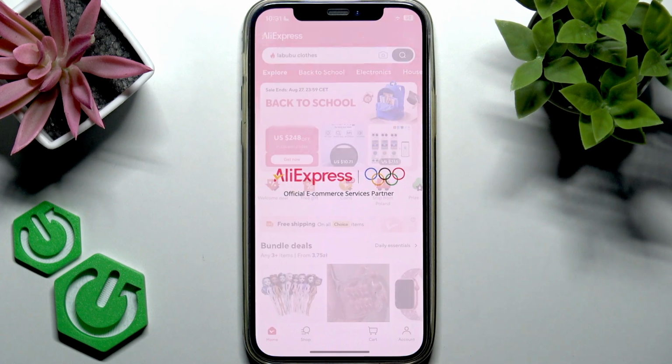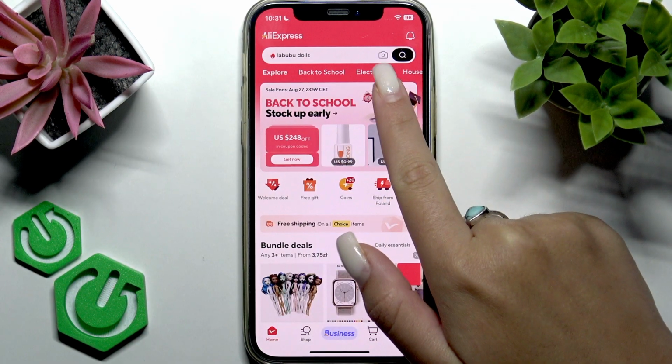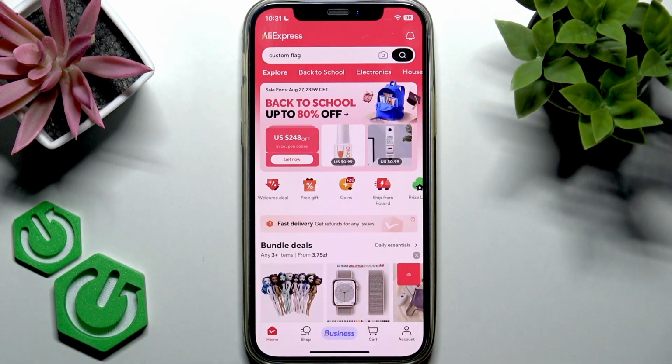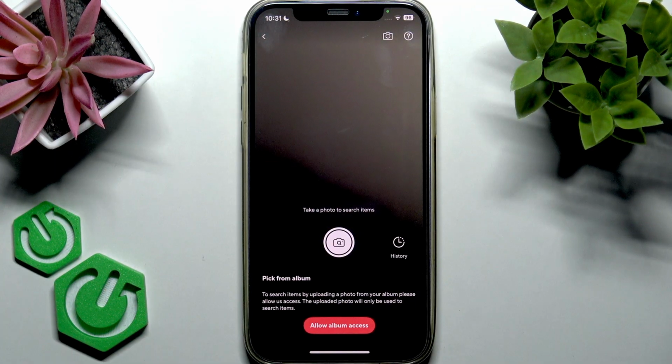So open AliExpress on your phone, and at homepage at the top of your screen you should see this camera icon right here in the searching box, so you want to tap it. Then you should allow access to your camera and allow access to your photos as well, so press this red